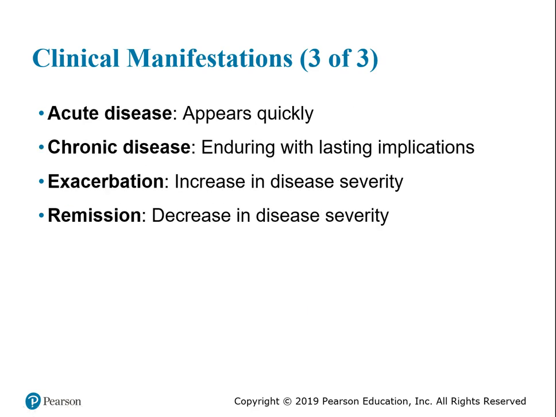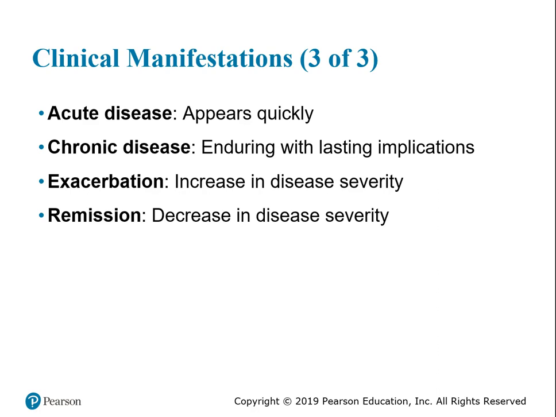I mentioned some of this when we were talking about those examples of those three patients, right? We saw the picture, the difference between acute versus chronic. So an acute disease appears quickly, and hopefully a lot of times it resolves itself quickly as well. Chronic diseases are enduring and have lasting implications. So maybe these have a slow, gradual onset,